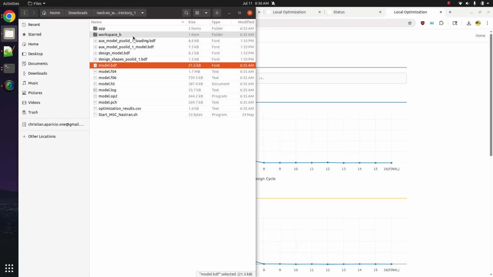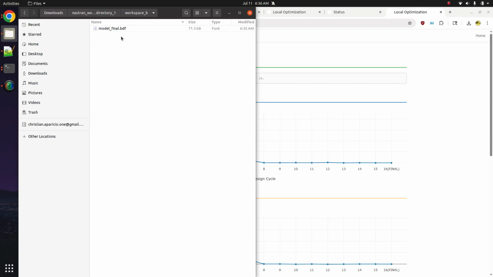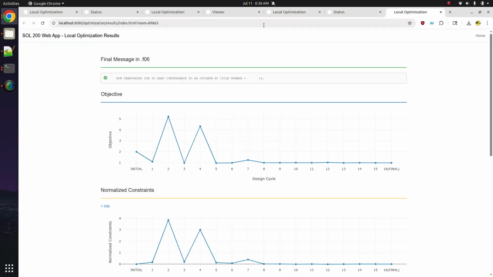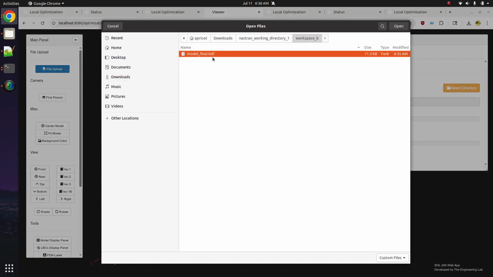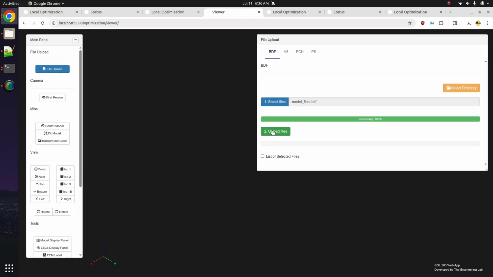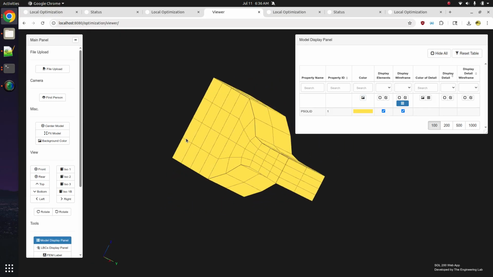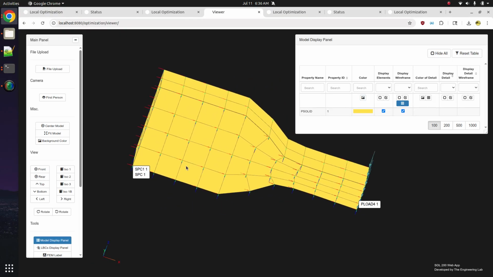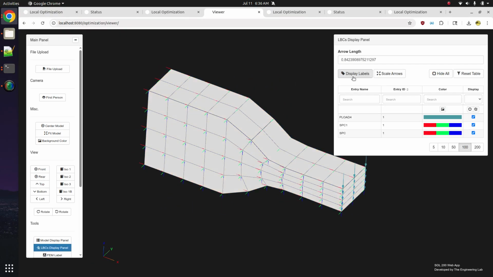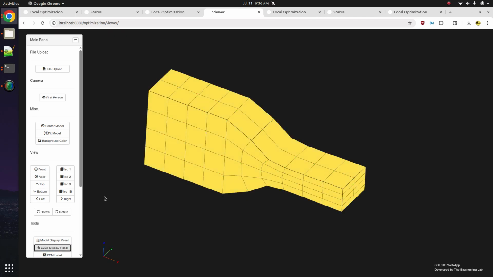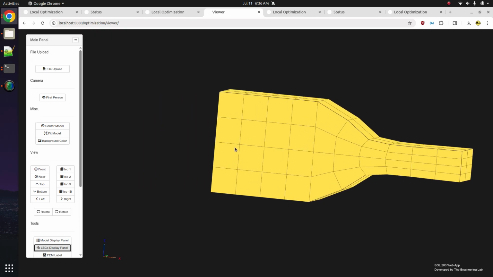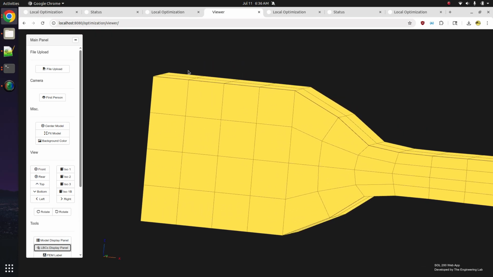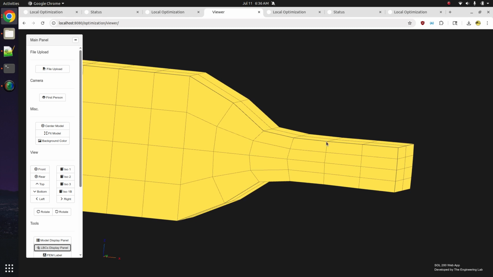It's also going to create this directory, workspace B, and this is going to have the updated model, if you will. So let's go ahead and go to workspace B and upload that bulk data file. Now this is what we expect. We do expect it to add material. Here it's very subtle, but I suspect that it did add material here, and here it's reduced some of